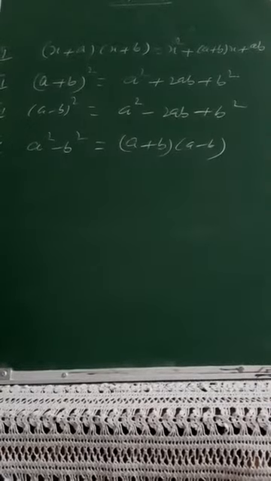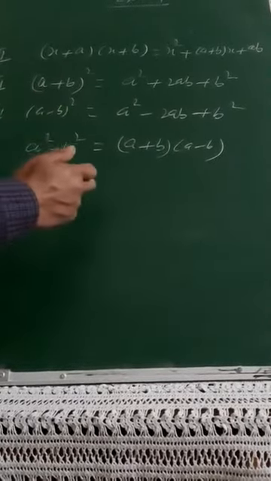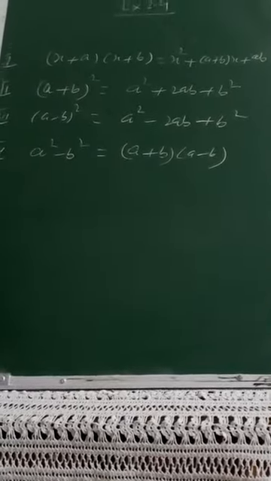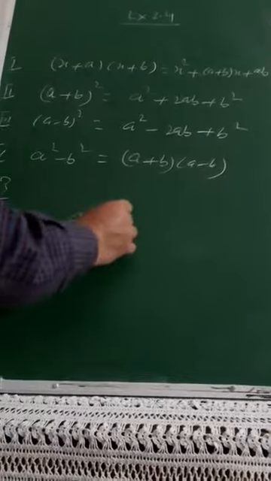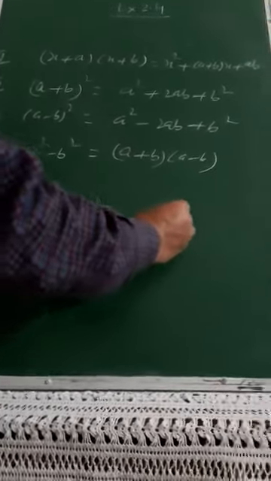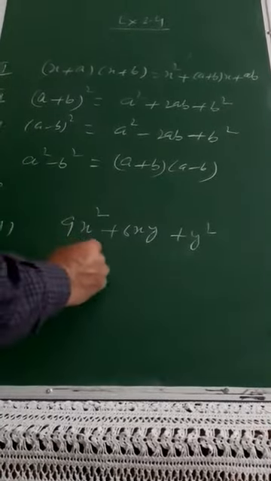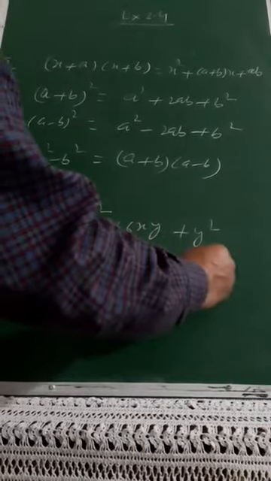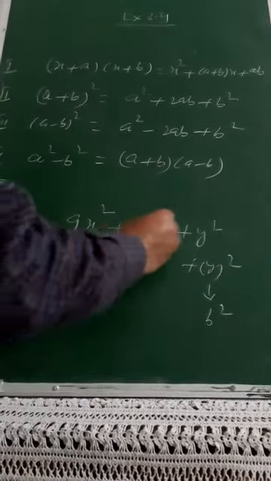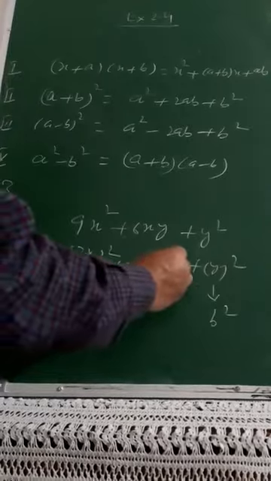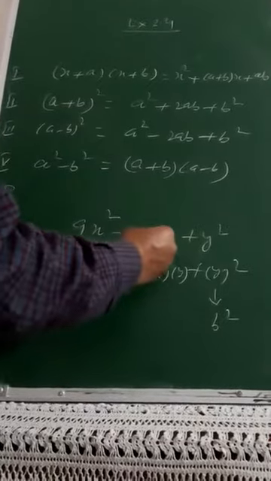And question number 3, again if you see, is a blend of your a plus b whole square, a minus b whole square, and then it is a square minus b square. So factorize means, if you see the first part of your question number 3, it is somewhere 9x square plus 6xy, and then it is plus y square. Now I know all three are positive. 9 is the square of 3, and this is the another perfect square, so a and b. So now this is a square and this is b square, plus all three are positive, 2a. So a is what? 3x. B is what? Your y. So now you check, 2 3s are 6, 6x into y will make it 6xy.